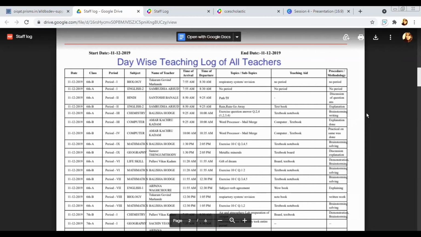It's already there, ma'am. We haven't deleted any data. In their staff login, they will get this in the Teach tab, all these things. Whatever you have created this year, if you want to reuse it for the next year, the content will always be there for you to reuse. That was the basic point of LMS: once you have created content, you can reuse it for years to come. Okay.